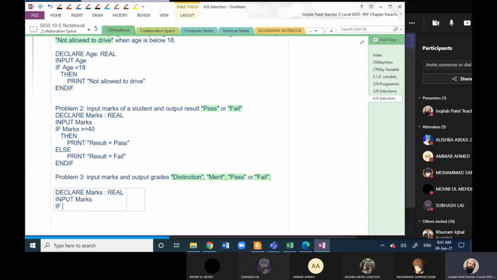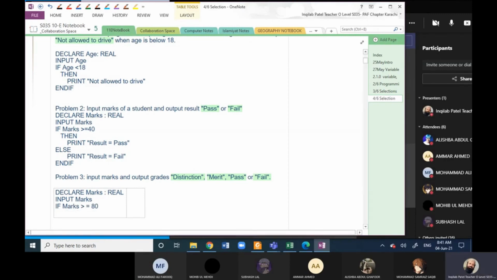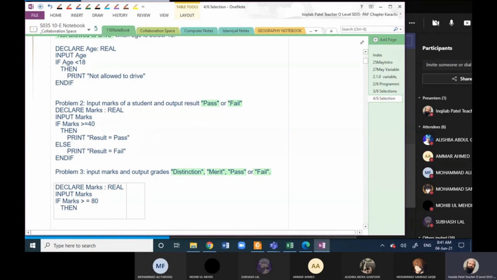We write if marks is greater than or equal to 80. Suppose our criteria for distinction is 80. Then print grade is equals to distinction.